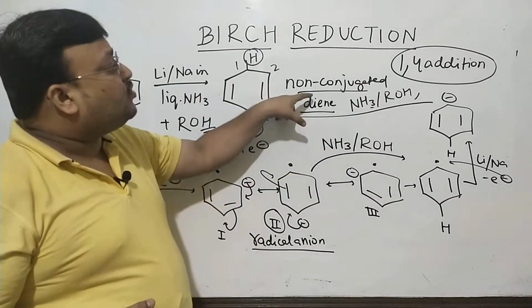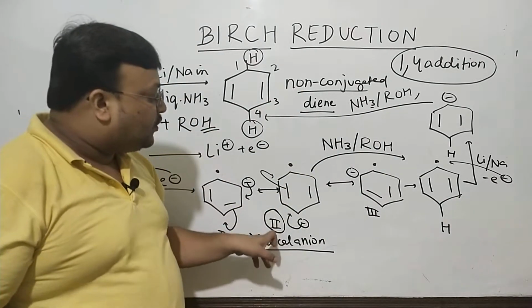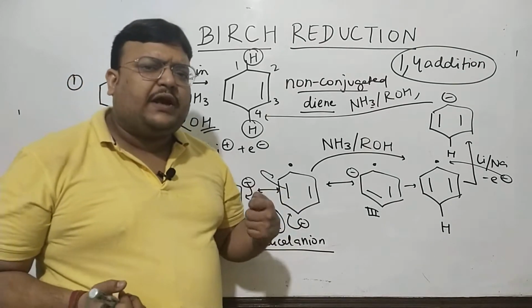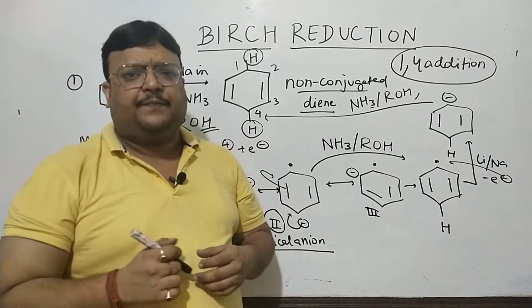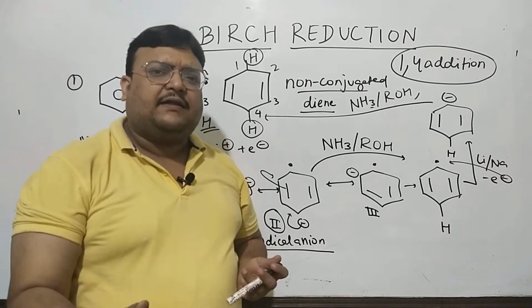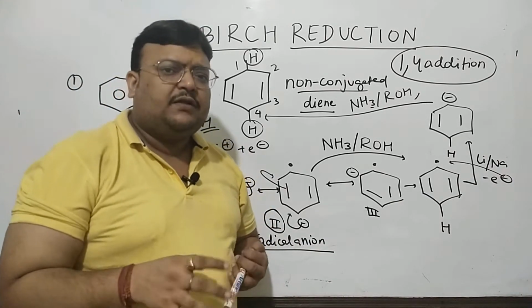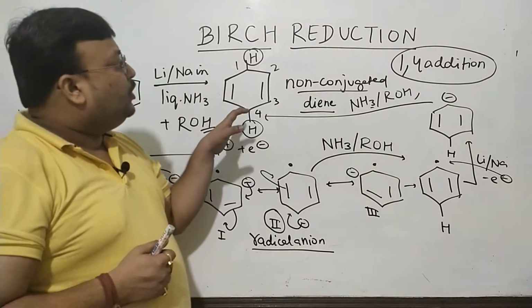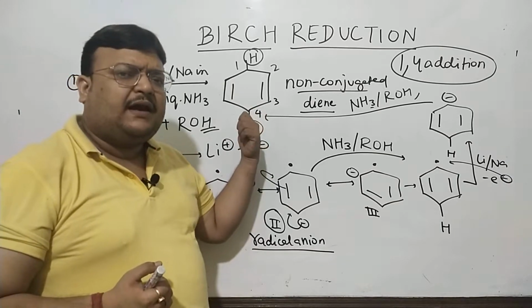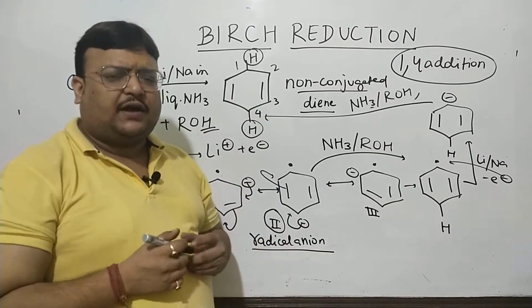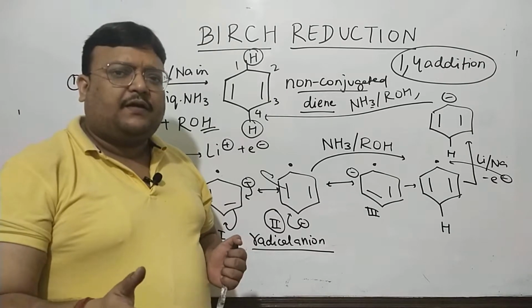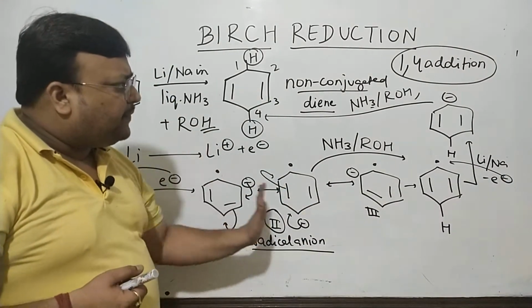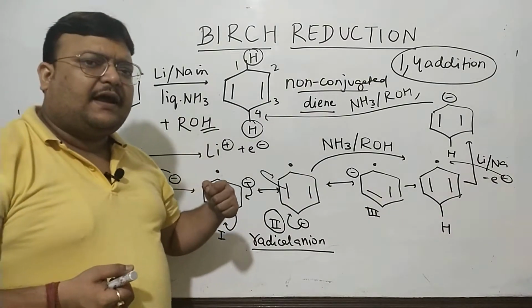The final product is non-conjugated because it's coming from the corresponding radical anion, which is again non-conjugated in nature. Conjugated is more stable than non-conjugated. So that is the peculiarity, that is the significance of this reduction: that from a very stable aromatic compound, you are able to produce a relatively less stable non-conjugated diene. So this is how we'll want to begin with one proper mechanism understood,